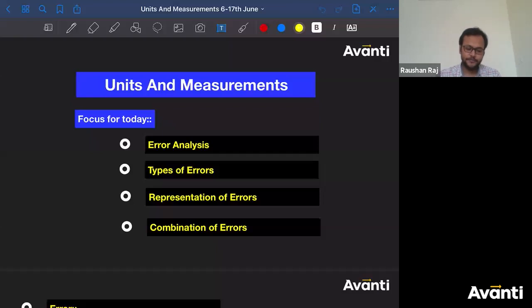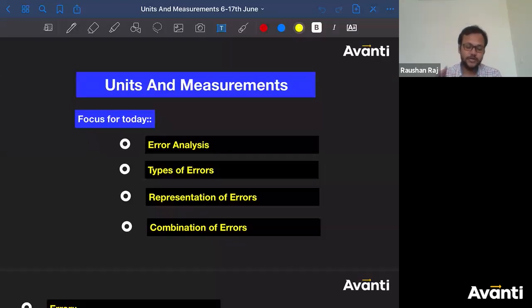What is error and all? See, first we studied in this chapter what are physical quantities, right? We defined them as those quantities which can be measured are called physical quantities. Then we expressed different types of physical quantities in terms of fundamental quantities, or basic quantities. Then since we defined those quantities which can be measured, I have to measure them now.